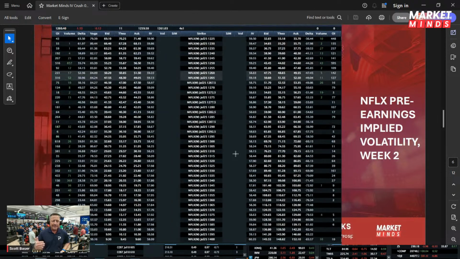we would see that the implied volatility, though elevated, is not as high. So if we go back, here's our 1260, we can see that next week's implied volatility is only 58. Same for out of the monies on either side here. 93 for this week's implied volatility, 58 for next week's implied volatility.